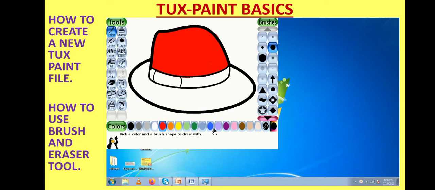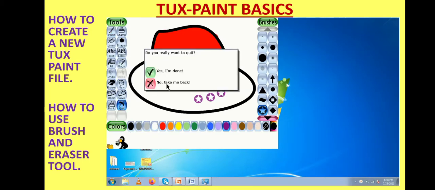In Paint you have some other options also, like see, I am putting this star in my picture. So in this way you can explore various options available in Paint, Eraser and all other tools.